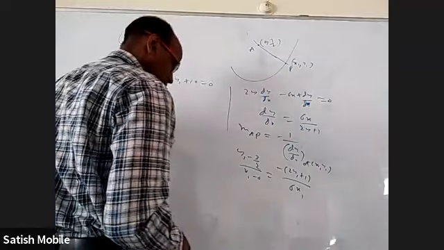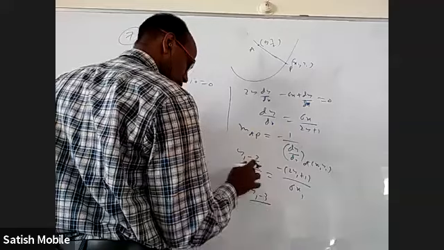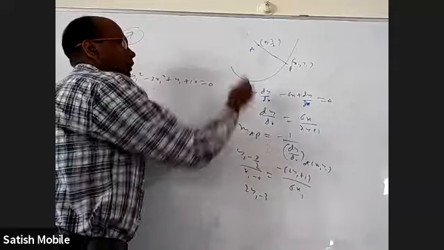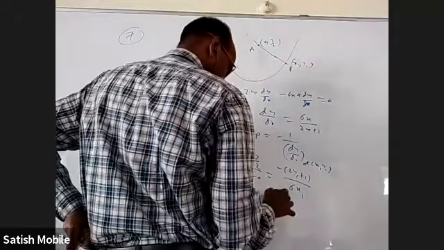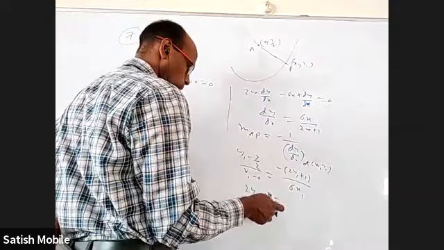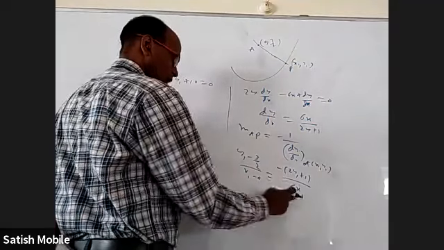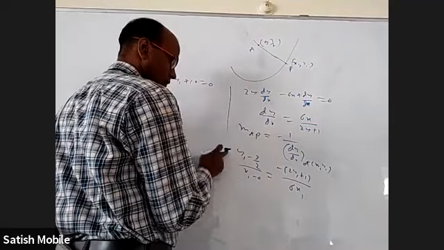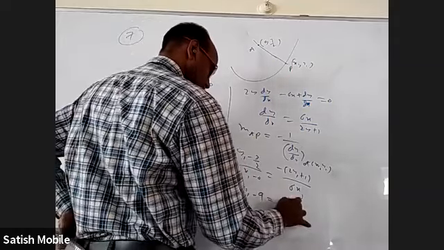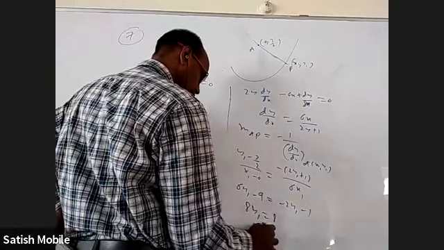So let me simplify. This is 2y1 minus 3 by 2x1. I can cancel. Oh, I'm getting the y value from this itself. So 2y1 minus 3, x1 got cancelled. Okay, let me bring 6x1 here. x1 will cancel, multiply 6, 6y1 minus 9 equal to minus 2y1 minus 1. Yeah, 8y1 equal to 8 and y1 equal to 1.